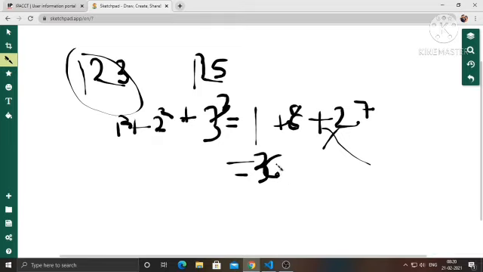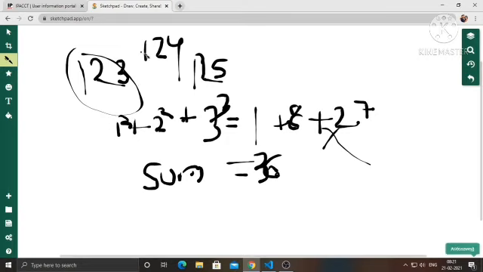The main thing is that this 36 is stored in the variable sum. 36 is not equal to 123, so this will not print 123. Now i will be incremented and it will go to 124. When we calculate the sum of 124 in the while loop, if we do not make sum equal to 0, then this 36 will be added to the sum of 124.